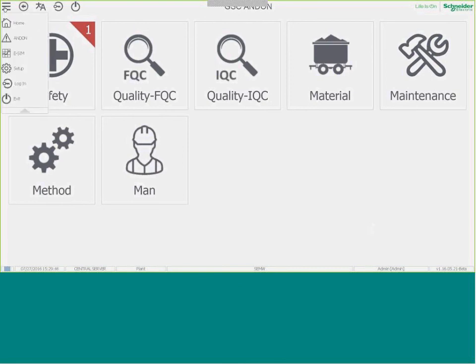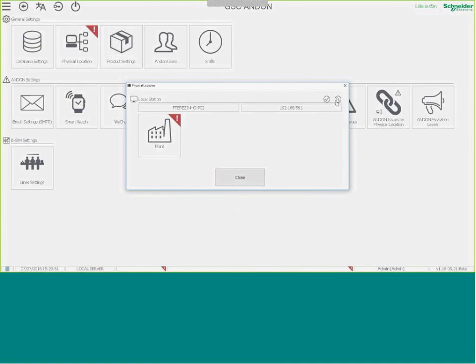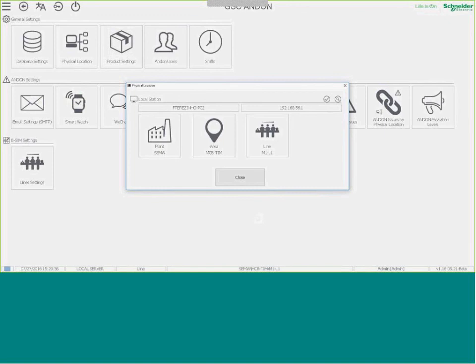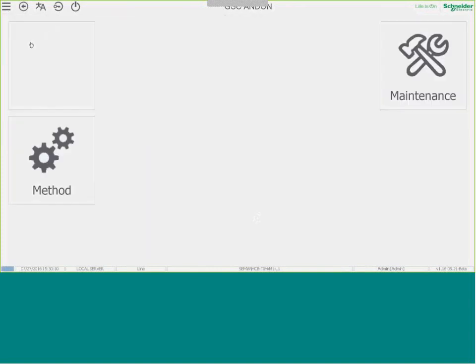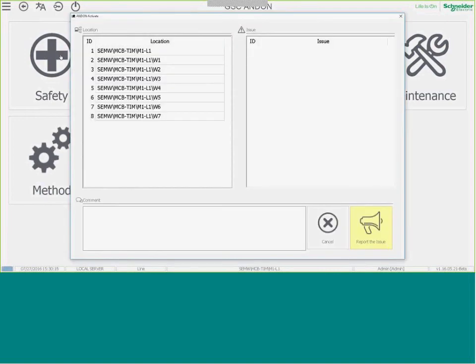line M1L1, all I have to do is say to the system, I am a local station, and I am the local station M1 line 1. So my station is the server for the line M1L1 from the area MCB from the plant SEMW. So now this application filters everything automatically for that particular line. So as you see here, if I want to report another issue, it shows only this line and the workstations